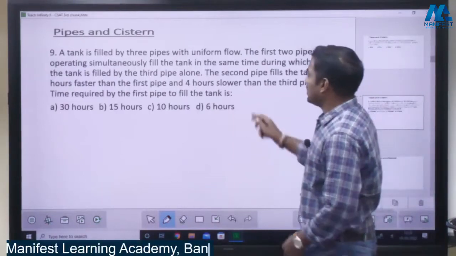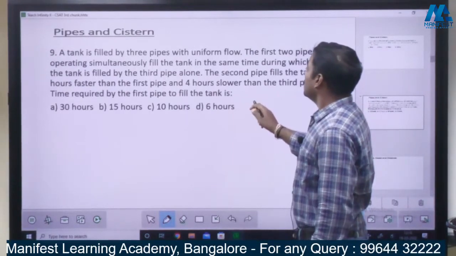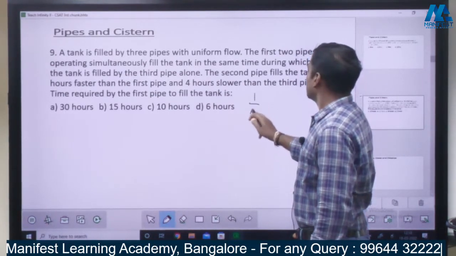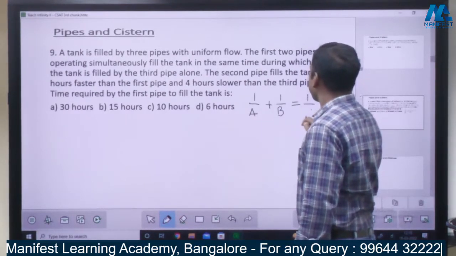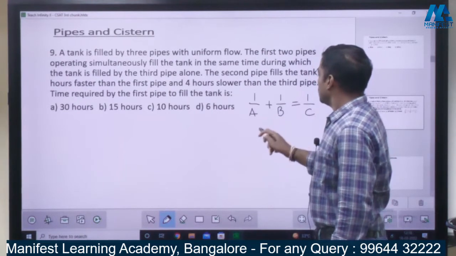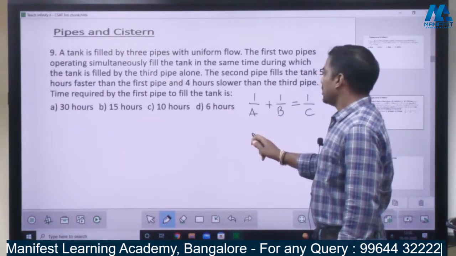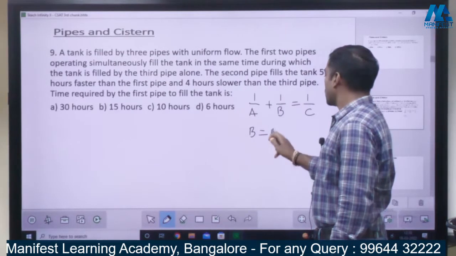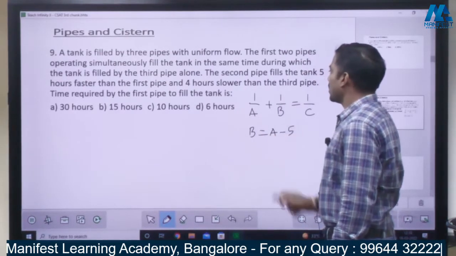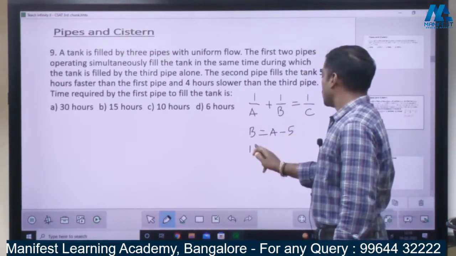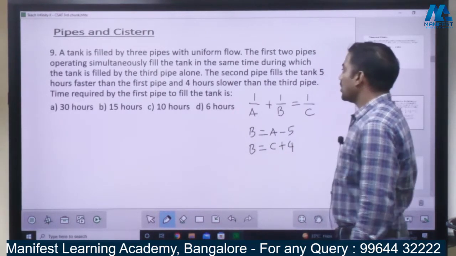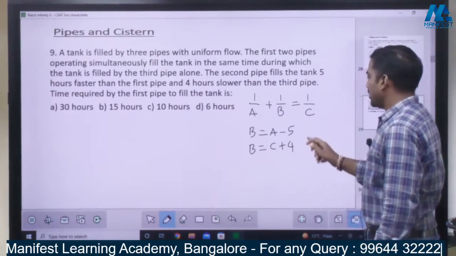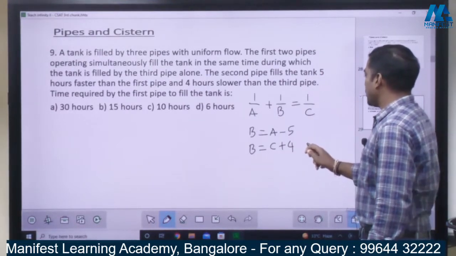So what is that equation? First equation is what? Correct? Second pipe B. You want A, correct? So C can be written as